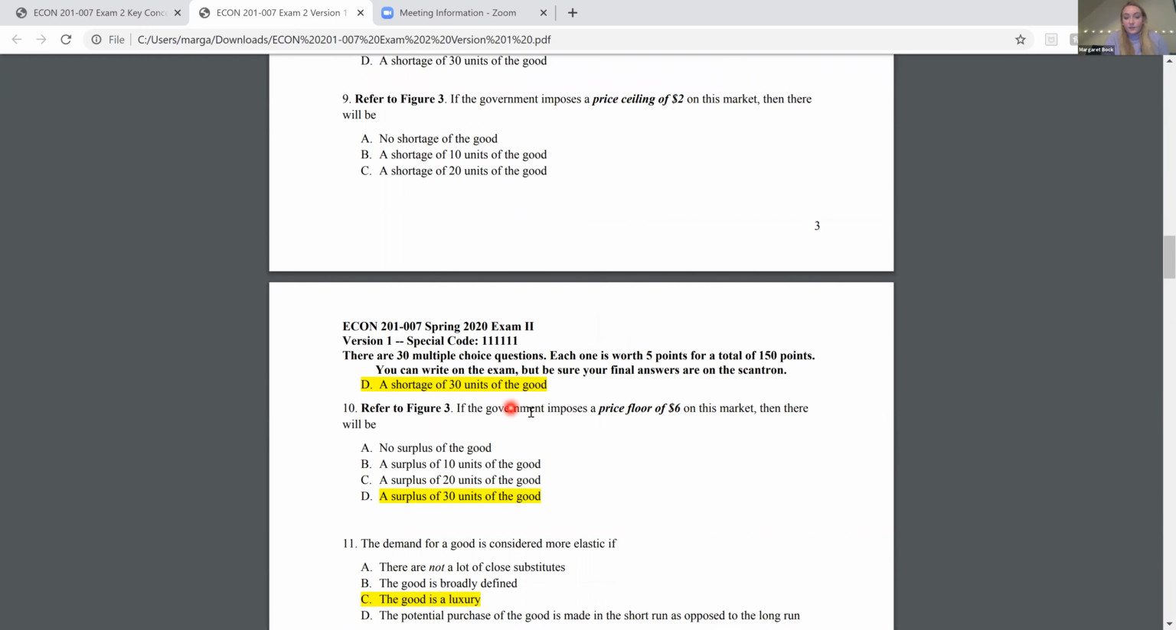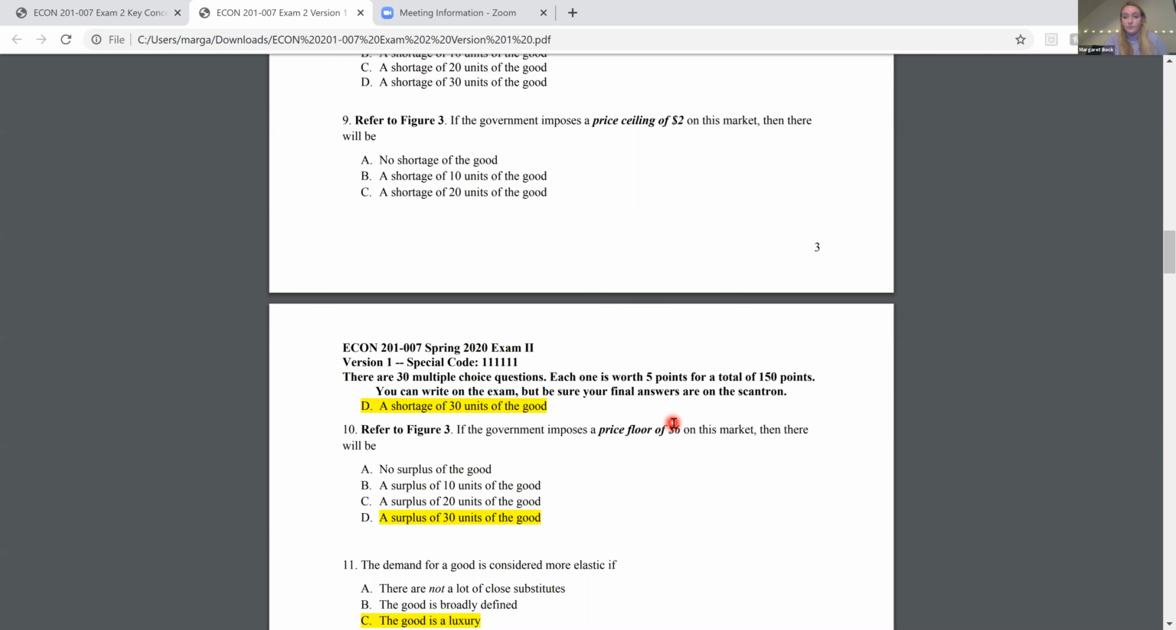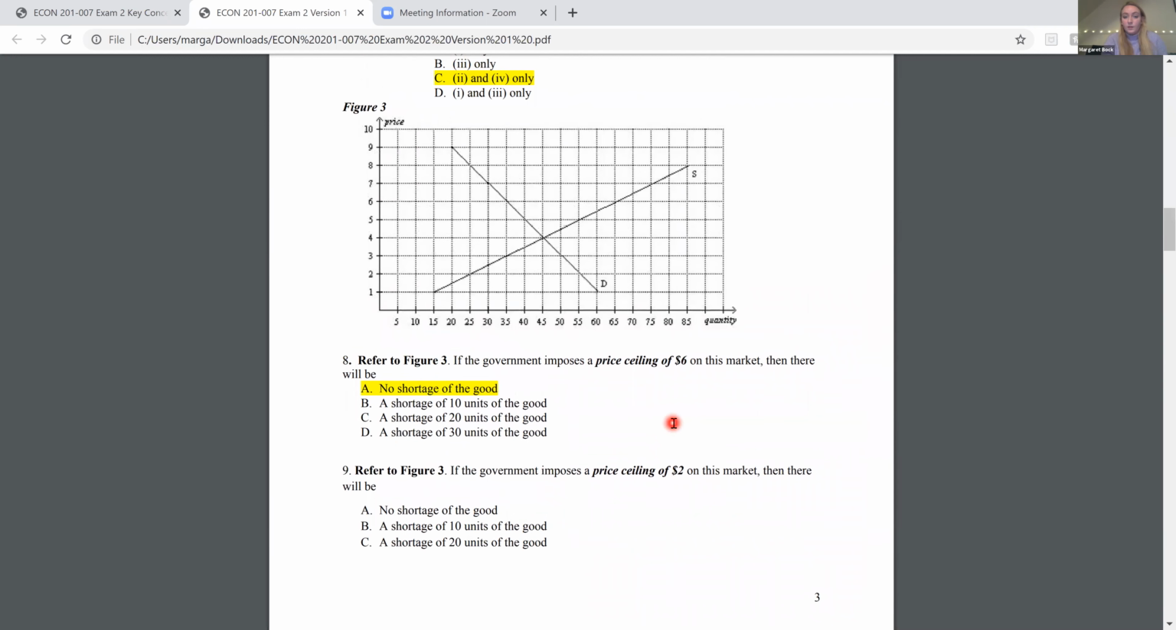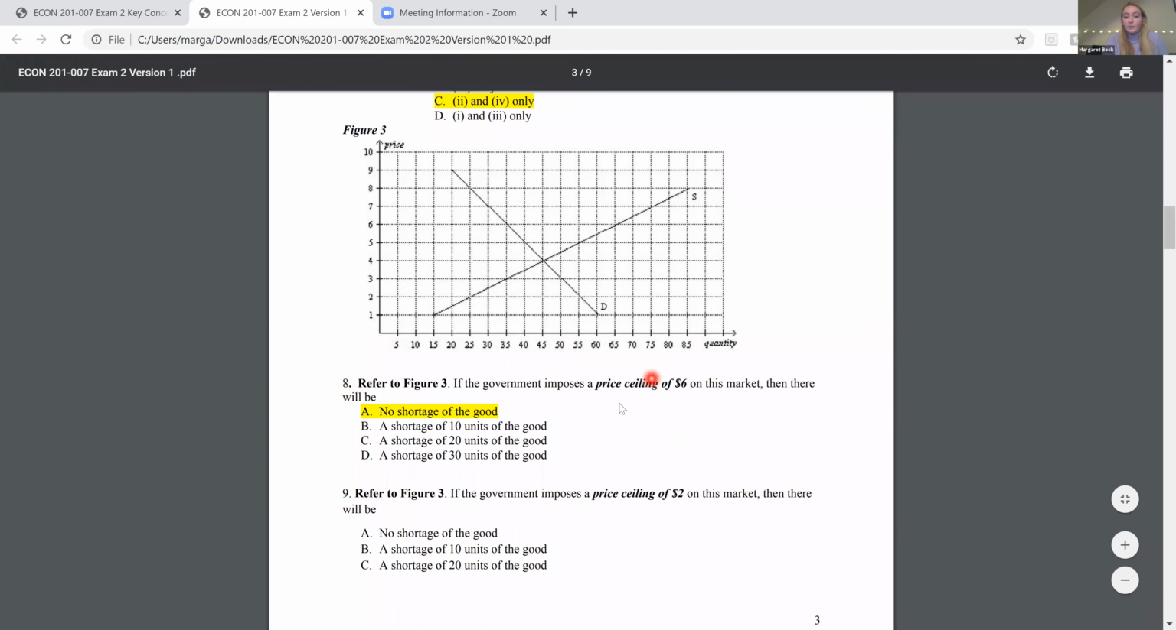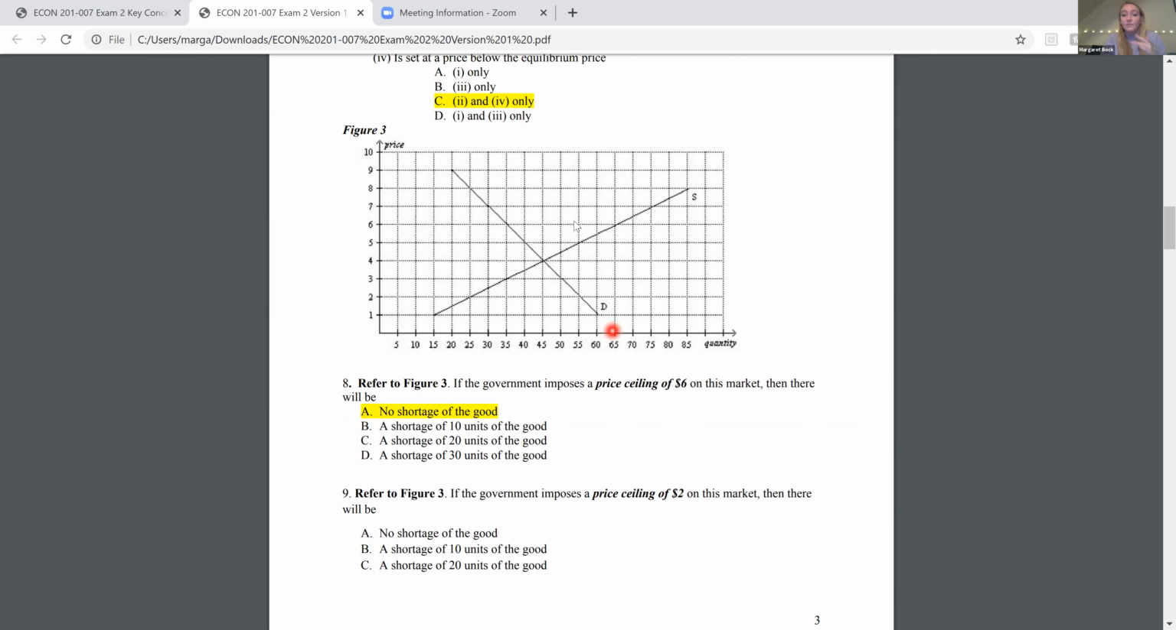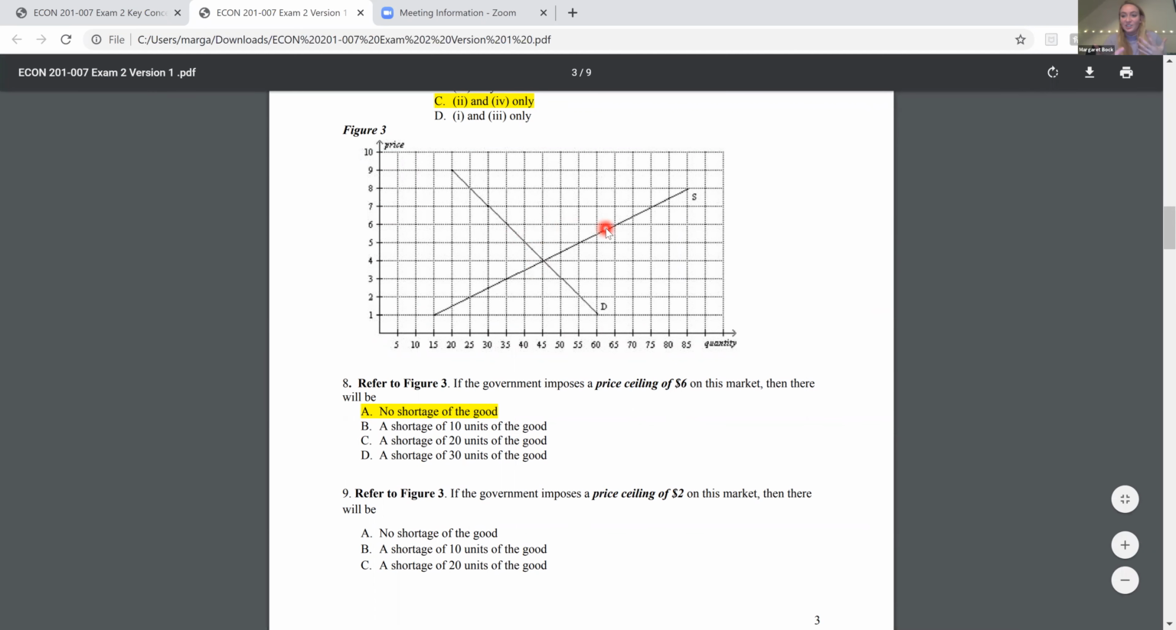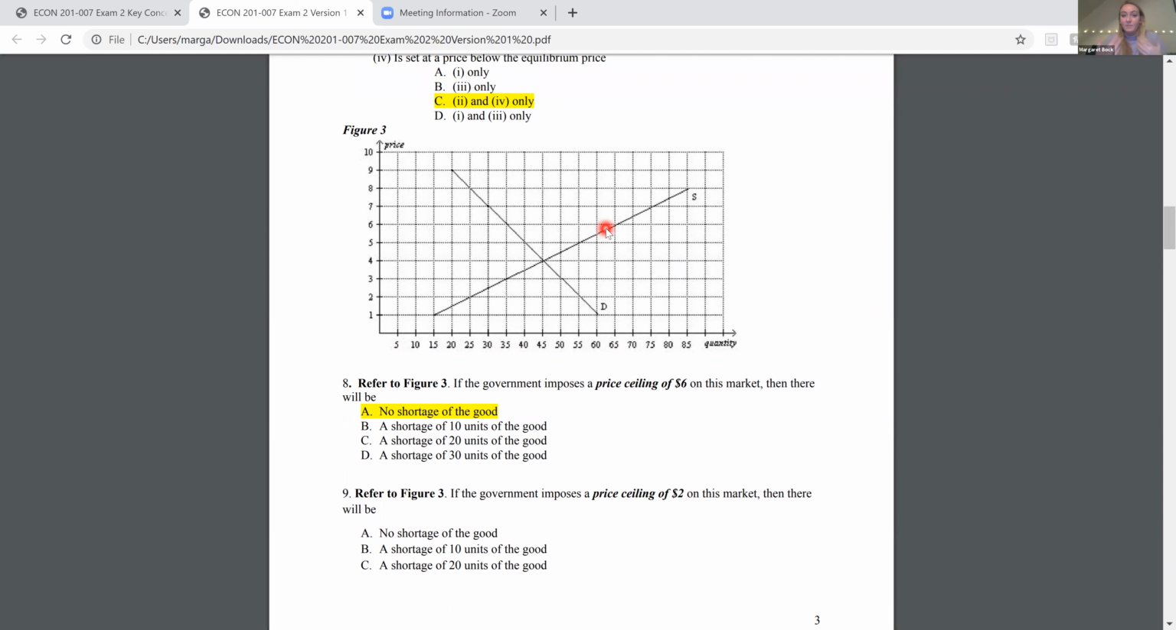And then the last question dealing with that figure, if the government imposes a price floor of $6 on this market, then there will be what? So if we go back up here, we already found from question 8 that a price ceiling of $6 doesn't do anything. But if the floor is above the equilibrium, this is where it changes the behavior of the buyers and sellers. So if this is a price floor at $6,